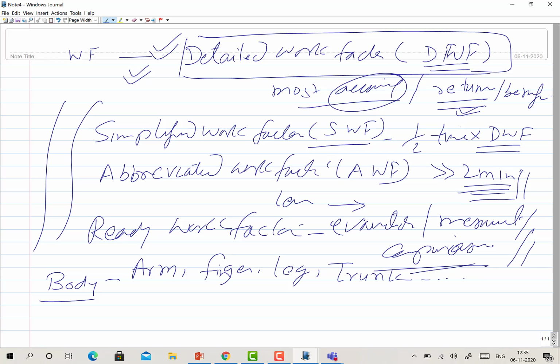Likewise, the fundamental motions or elements which are involved in performing the job have also been identified, so that you can use them for the analysis of the motions involved. These are called the fundamental motions